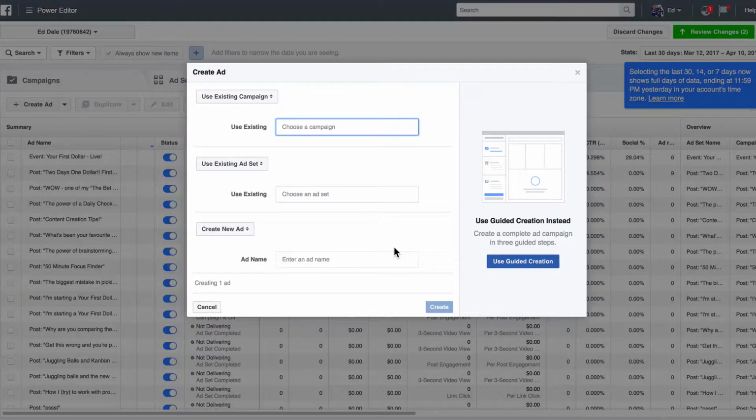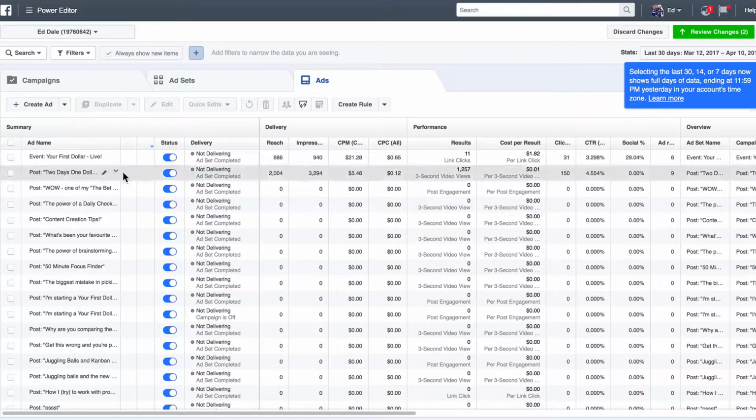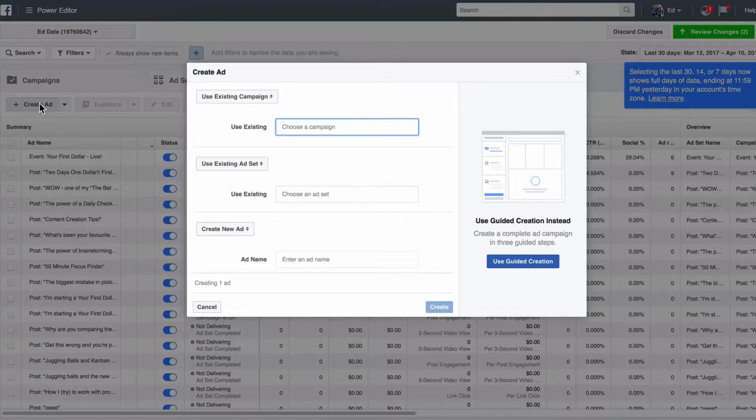All right. So here we are. We are going to create an ad, and to be absolutely specific, this is the Power Editor. So we've gone into the Facebook Power Editor, and we're going to click Create Ad and create our first ad,